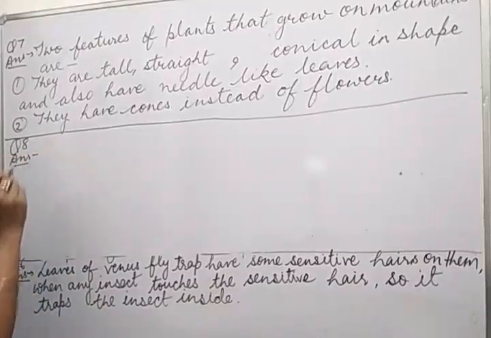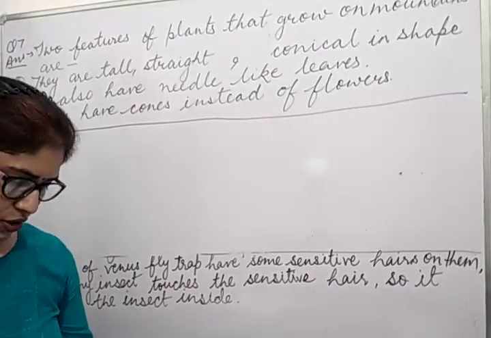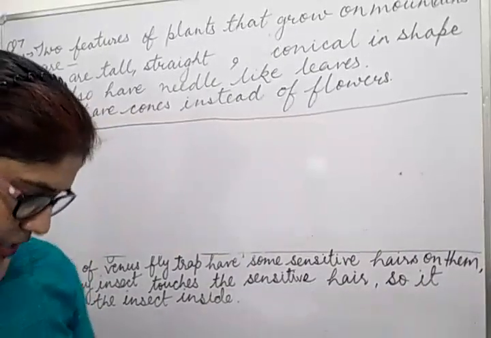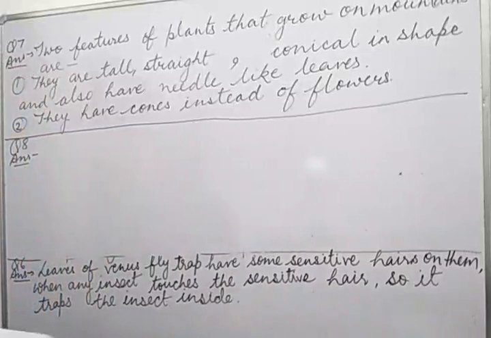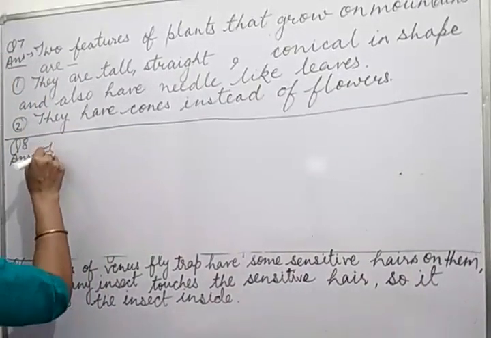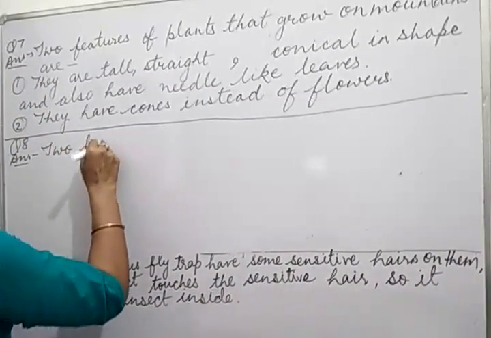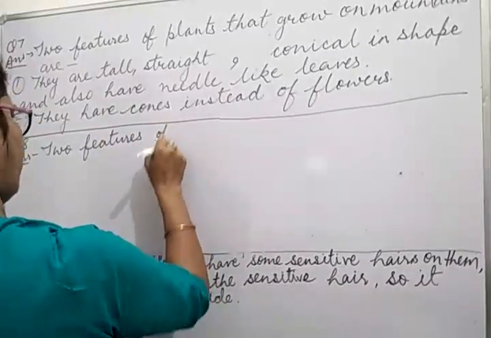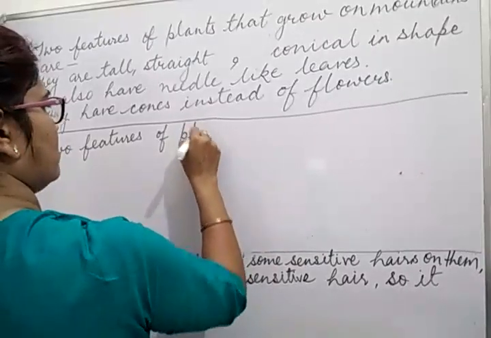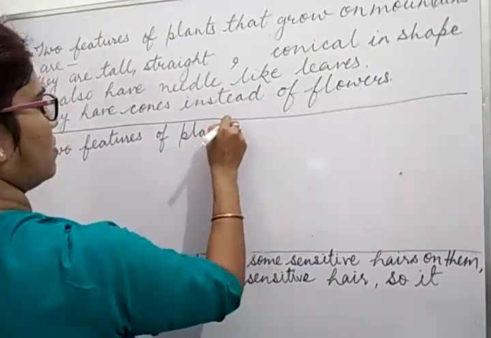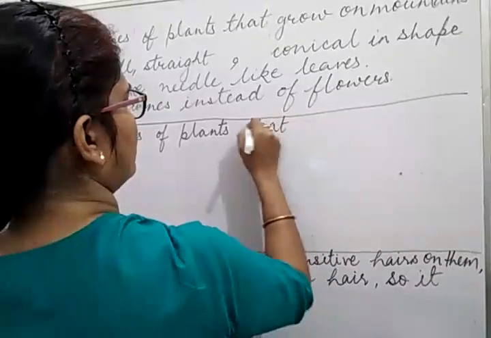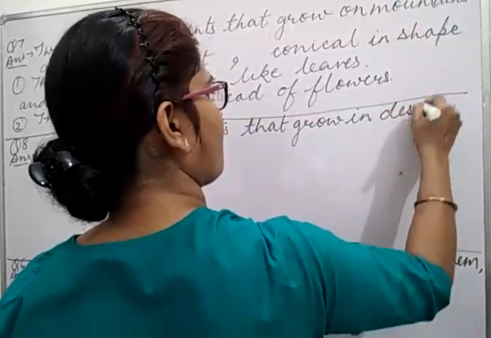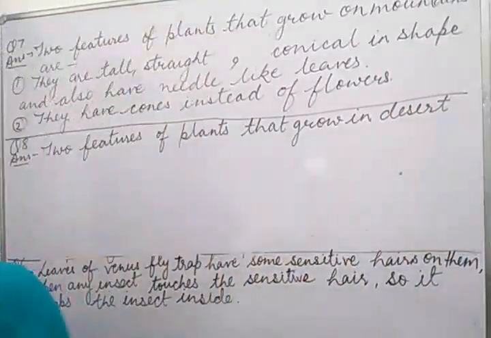Question 8. What is question number 8? Give two features of the plants that grow in desert. You have to tell the features of plants that grow in the desert. Okay, so we will write the two features. Let's start writing. Two features of plants that grow in desert are